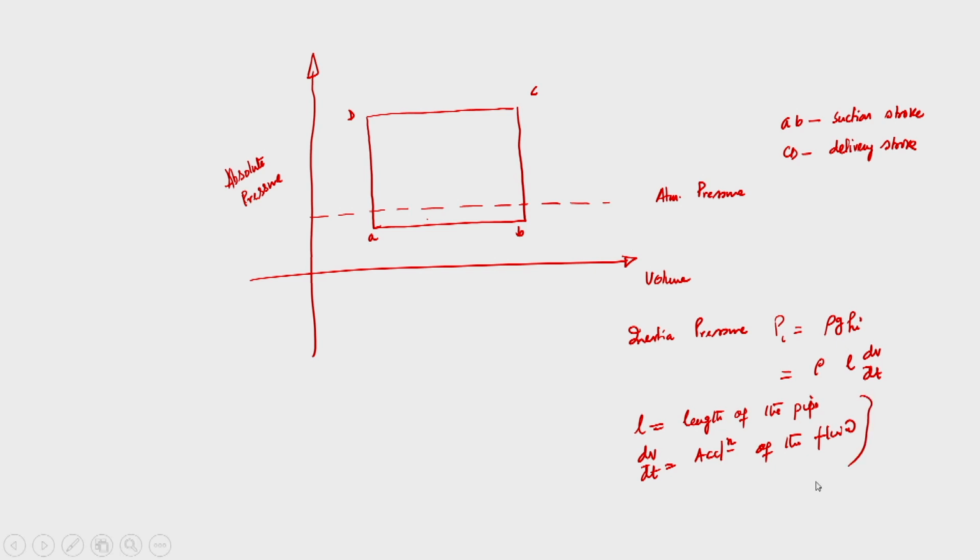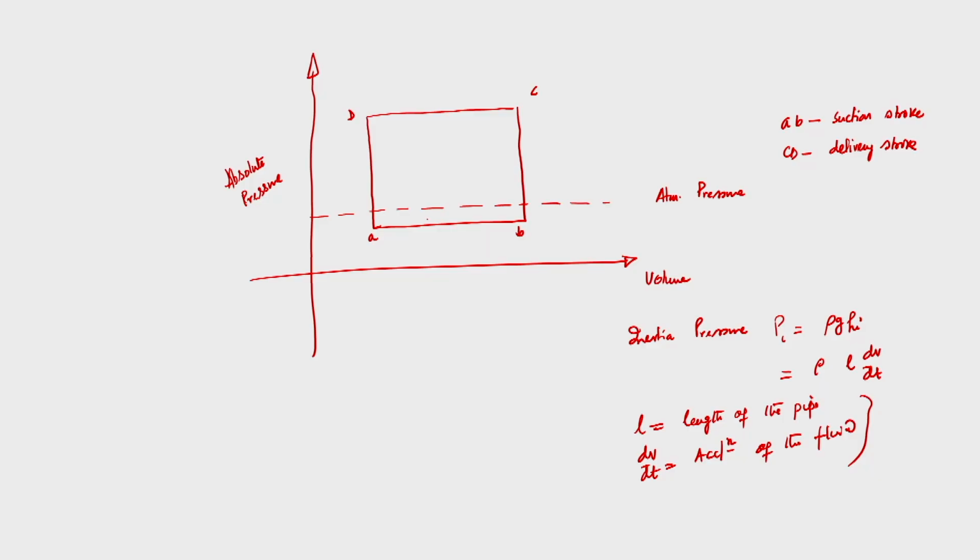So we have inertia pressure is rho g into Hi, that is given. Whenever fluid is brought to rest at the end of each and every stroke, that is deceleration, pressure will increase. At the beginning, whenever the delivery stroke is started, fluid must be accelerated, so there will be high acceleration and pressure will fall.